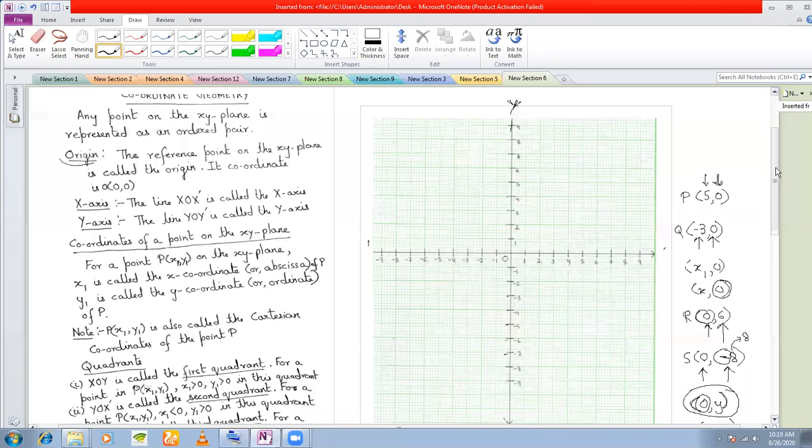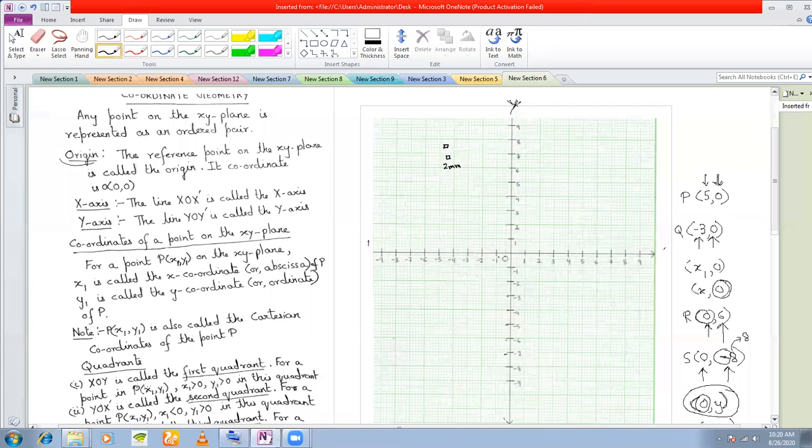another very important concept, which is called the scale. I have discussed the scale with you, but not in terms of coordinate geometry; we discussed it when we were doing bar graphs. Now here also, this is the concept of scale. What is the concept of scale? Say this is the 2 mm graph. What does the 2 mm graph mean? It means that each small square here has each side equal to 2 mm.